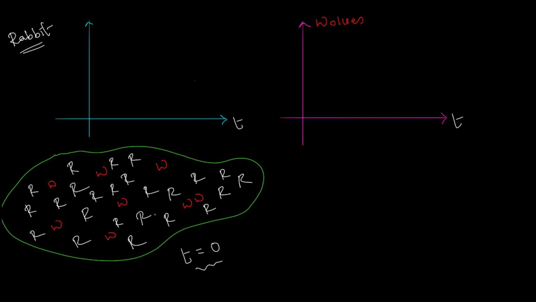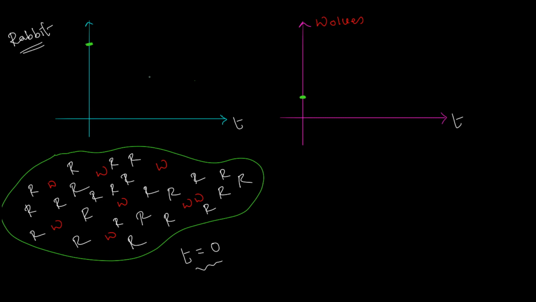Anyway, so rabbits are R and wolves are W, and clearly, at least in the beginning of time when you started observing, rabbits population is, let's say, over here. They are flourishing really at this stage. So rabbits population is over here, and wolves population clearly is much less. It's somewhere here, let's say, along the y-axis, right? The y-axis is for population of rabbits and wolves. The first one is for rabbit, second one is for wolf.